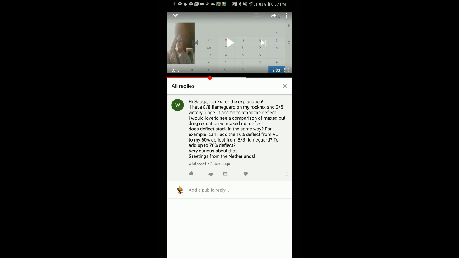I have 8/8 FLAMEGUARD on my rock note and 3 of 5 victory lunge. It seems to stack to deflect. I would love to see a comparison of maxed out damage reduction versus maxed out deflect. Does deflect stack the same way? For example, can I add the 16% deflect from victory lunge to my 6% deflect from 8 of 8 flame guard to add up to